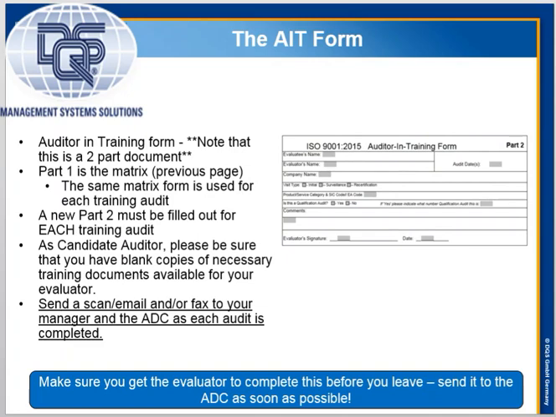I mentioned part 2 of the form, and I showed you that. Part 2 must be filled out for each training audit. And again, at the end of the audit, I've said this a couple times now, so you know it's important. You need to get these forms and scan them and get them back to the audit development coordinator so they make sure we have them in the file. We will get them to the BLM and to the audit manager to make sure you're progressing.